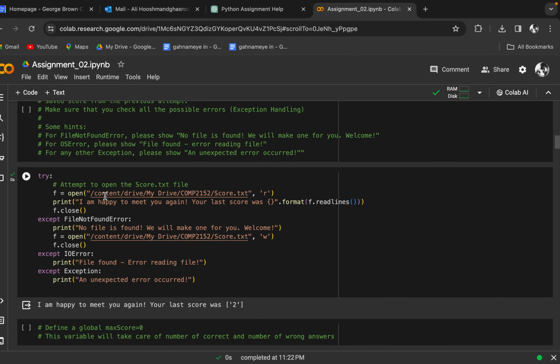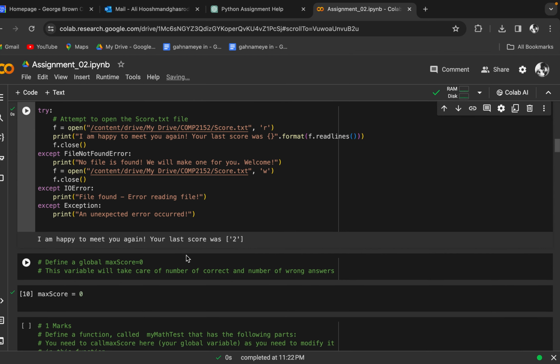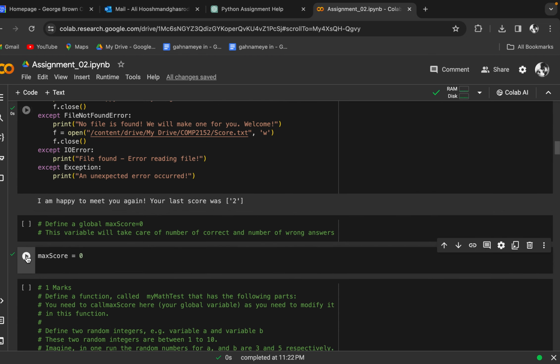And this is the route that I made for my score.txt, and this is the attempt to open the score.txt file. If you don't have the file, the program automatically make a file for us, and if no files available, it says no file is found. We will make one for you. Or if the file is there, it says I'm happy to meet you again. Your last score, it says my last score from the previous time that I run this program. Anyway, because I already have the max score and it's there, then we define the max score